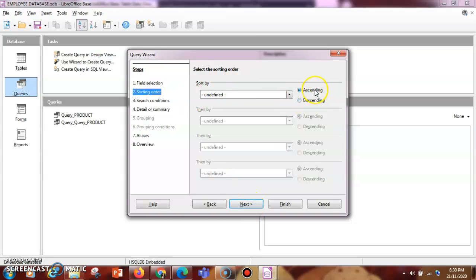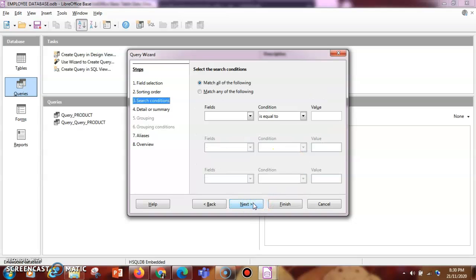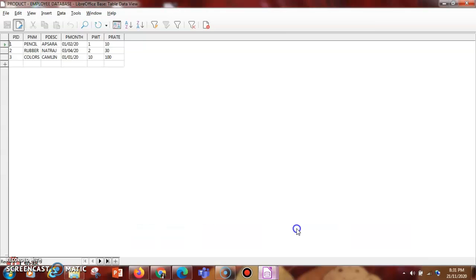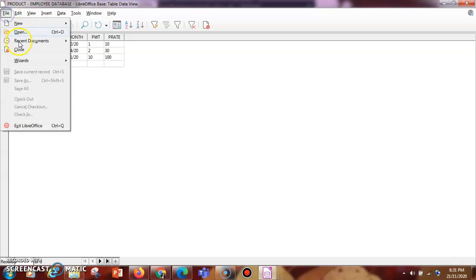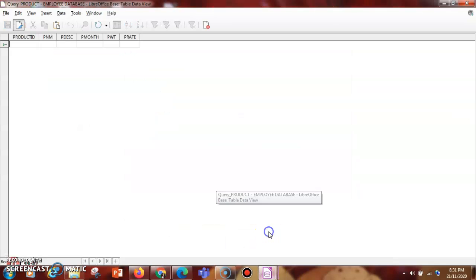After that we are just going to sort it. Okay, so I'm going to sort EMP number in the ascending order and then I'll click on the next. Now the query is what? I want the EMP name, okay, which is equal to, now just go in the table. Okay, now this is a table which is related to product, so I'm just going to close this table and I'm just going to open the other table, that is the employee table.